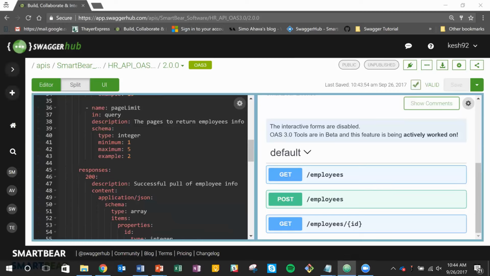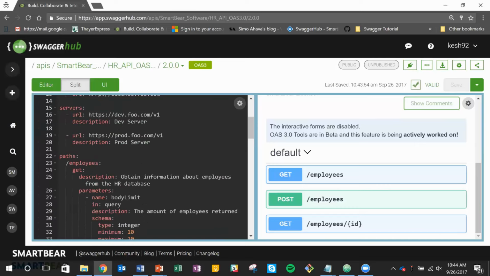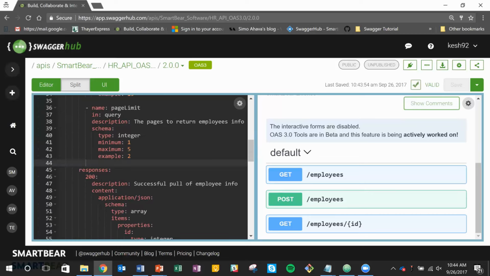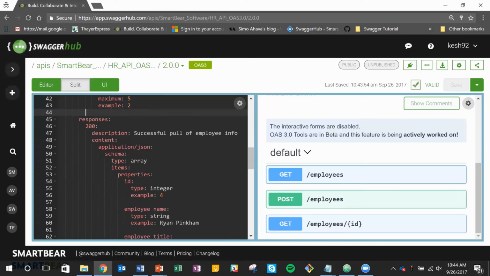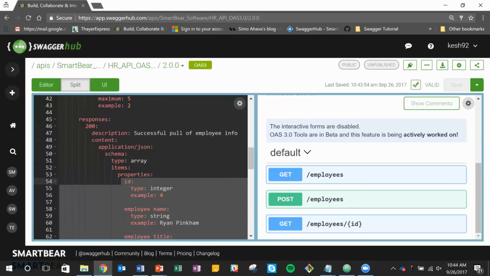So let's see what are the common things we can define. The first thing, based on what we just said, and as soon as you start looking at this API specification, one thing you'll notice is that you can quickly define all of this information, like the ID, the employee name, and the employee title, the response objects, as a common model, which is what we will be doing now. So let's go in,